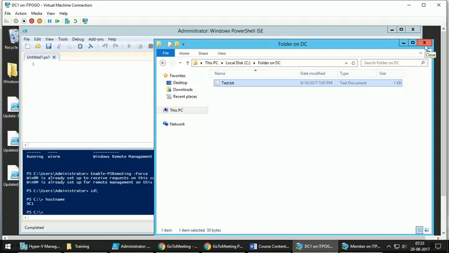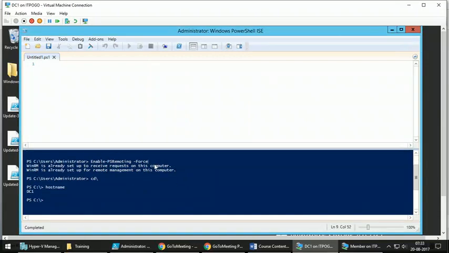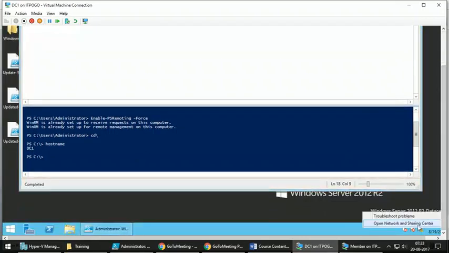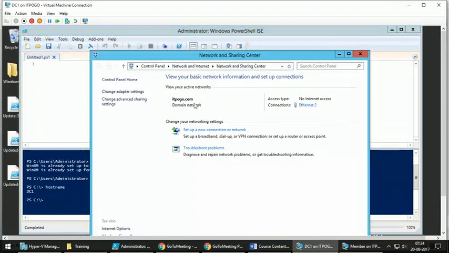Now there are some things that you need to keep into consideration when you are enabling PS remoting. If any of your network adapters, when you right click and open Network and Sharing Center, are marked as public, you know, when you are creating the network, there are different options: home network, public network, or office network.